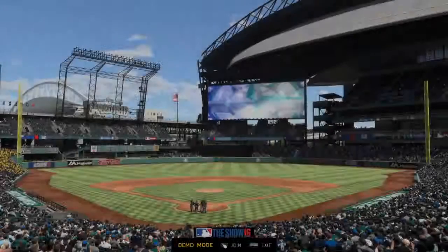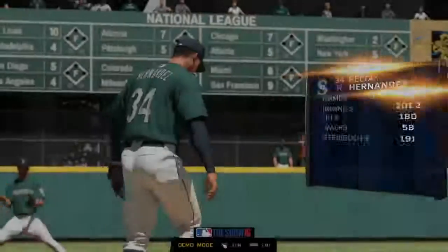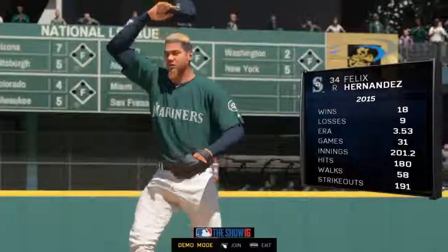A fine afternoon to enjoy our national pastime at Seattle's Safeco Field. Coming up, we've got a good matchup. Felix Hernandez, the right-hander from